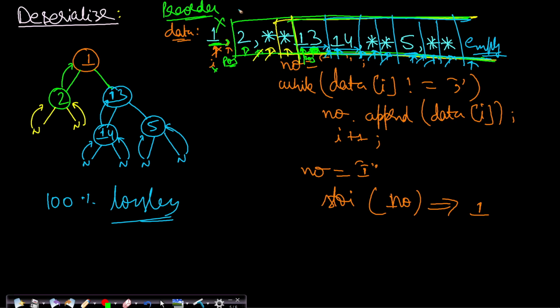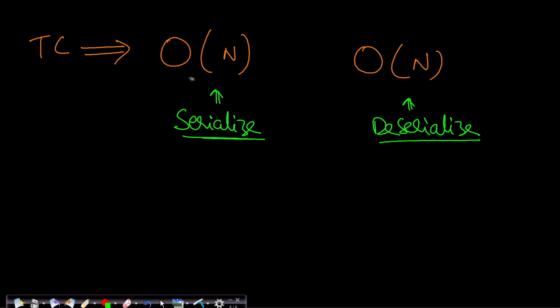So in this case, we are actually traversing this entire string one by one, and if I consider that substring popping of elements is order of 1, if I ignore the time complexity for substring operation, then this will again be order of n, right? So both the serialization and deserialization traverse the entire node only once, or you can say 3 times, because we are doing actual tree traversals. So that is why order of n time complexity is taken. Let us now look at the code implementation.